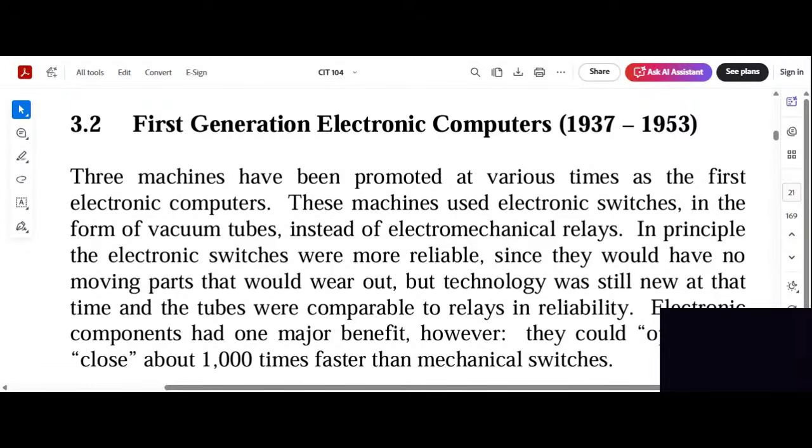Having done this, I think we have done justice tonight. We finished unit one, we moved to unit two. We started talking about the overview of the history of the computing, of the computer world, and we've talked about that. And the next thing we'll go into is the generations of computer, where we'll talk about first generation down to the sixth generation. We'll make sure we cover all that in the next class.